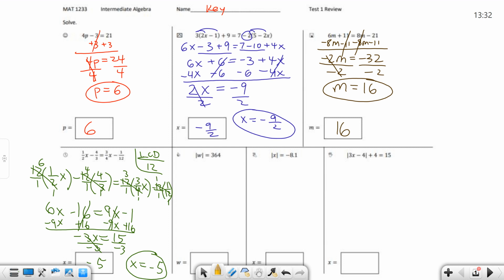For the absolute value of w equals 364, remember for absolute value, if it's equal to a positive, it can equal the positive of that number, or it can equal the negative of that number, right? So we typically write that plus or minus when it's the same number with a plus sign or a negative sign. So plus or minus 364 for that one. And then